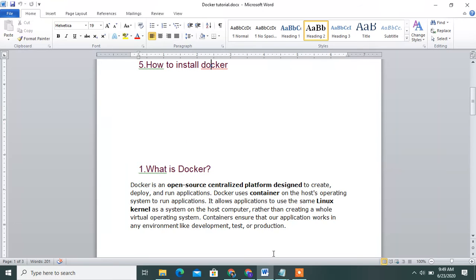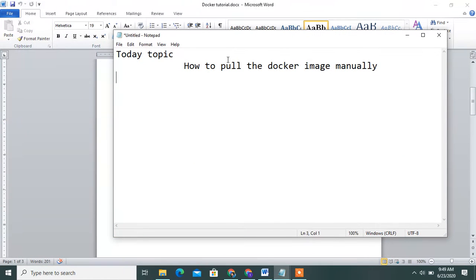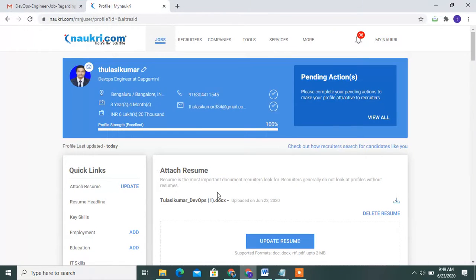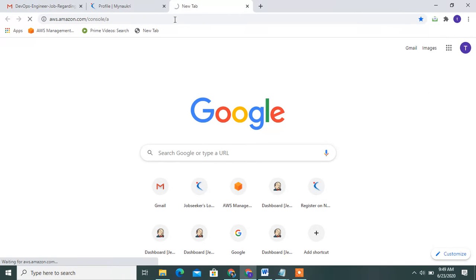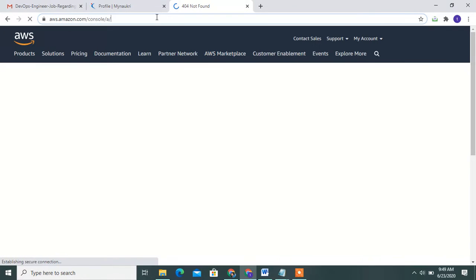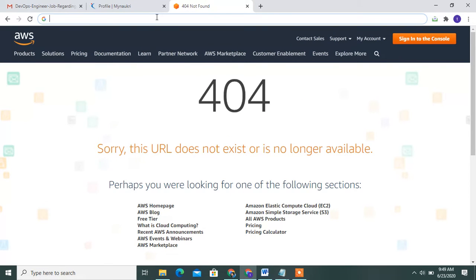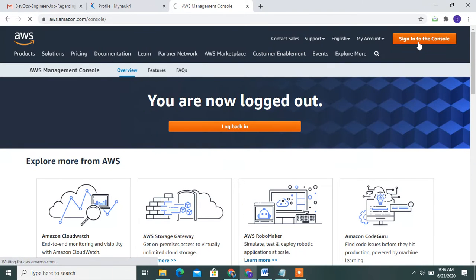Today's topic is how to pull the Docker image manually. First of all, run my EC2 instance. Go to the Amazon console and sign in to the console.